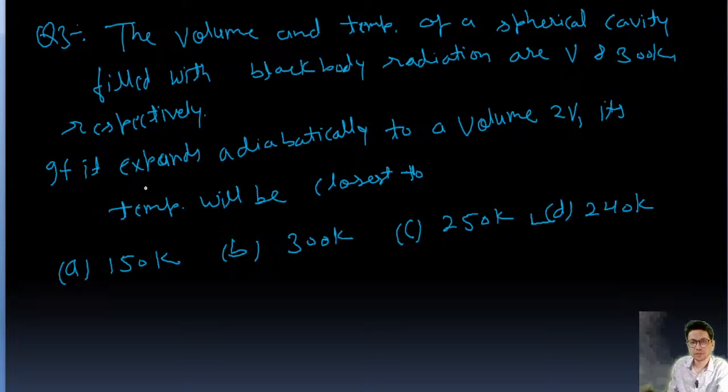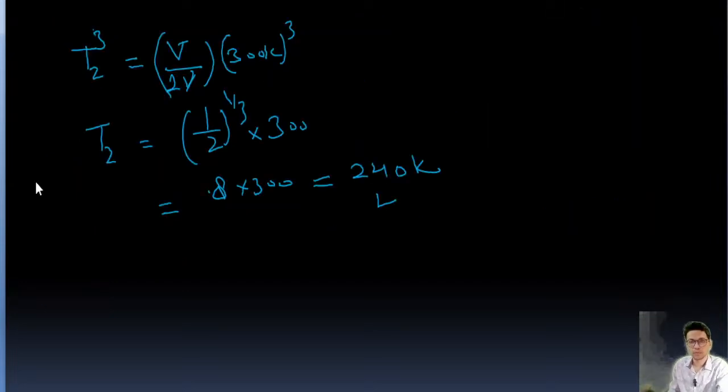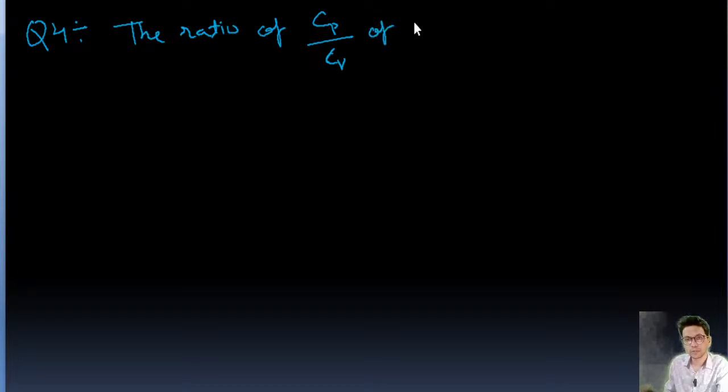This is also a good question, guys. And this is question number 4. Question is the ratio of Cp upon Cv, the specific heats, ratio of the specific heats, that is Cp upon Cv, heat at constant pressure